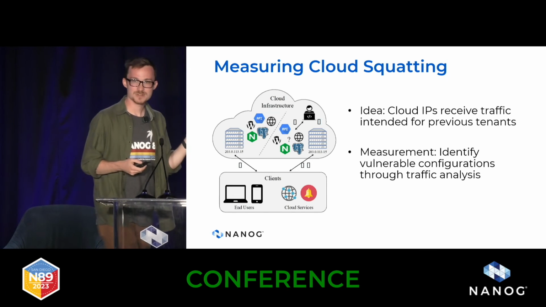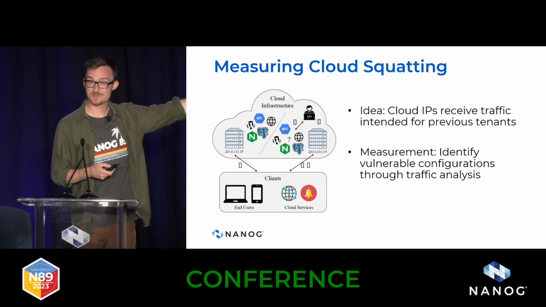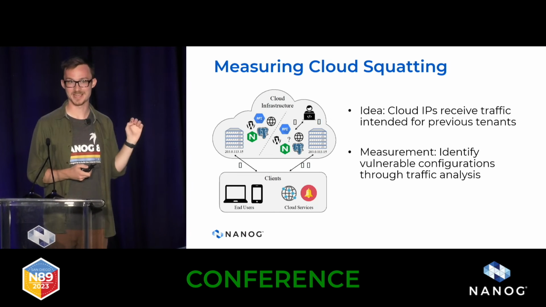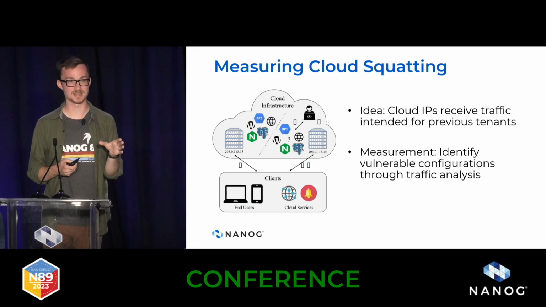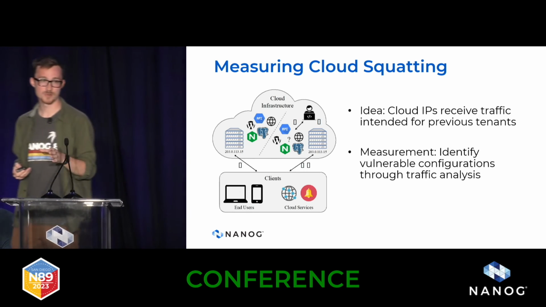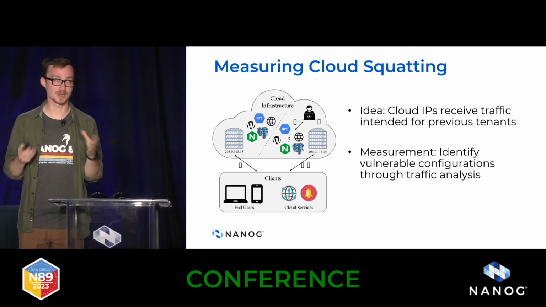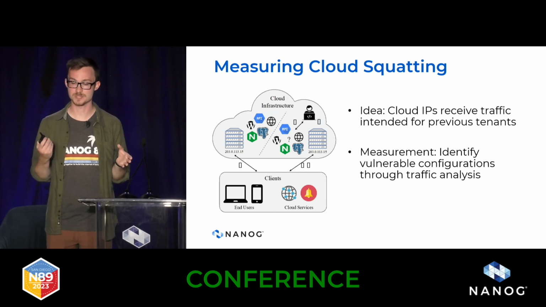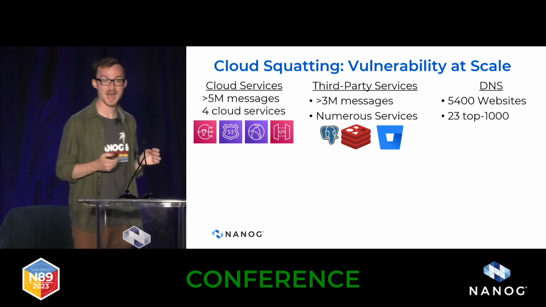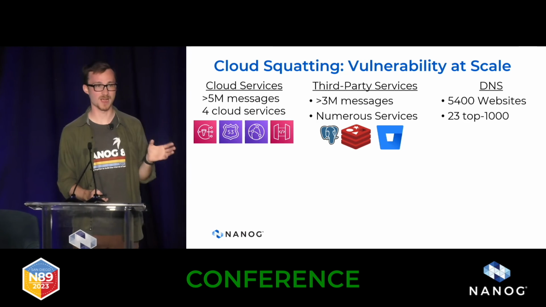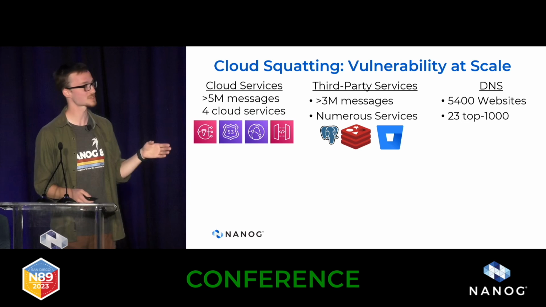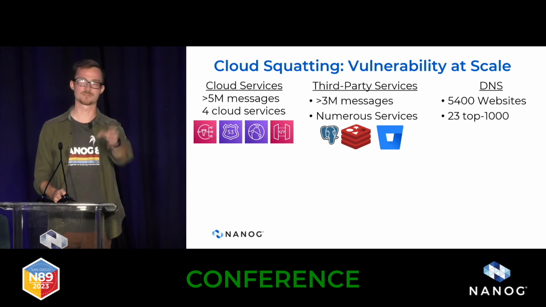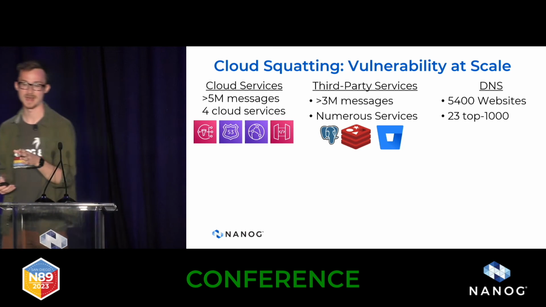Later, if an adversary allocates those IP addresses, and as we've shown, an adversary indeed can allocate those IP addresses, those clients will continue to connect and send sensitive data. We did a large-scale measurement study of how vulnerable a lot of Amazon services are to this, and what we found was that it was highly prevalent. We found a variety of cloud services that continued sending sensitive information to IP addresses even after a tenant released that IP and it could be reused by an adversary.